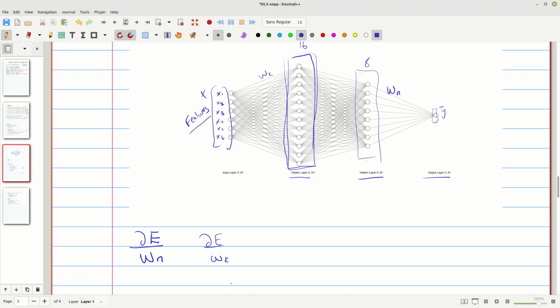The way we would update these things is to say Wn equals Wn minus alpha, some learning rate, times the derivative of the error with respect to Wn. Or Wk equals Wk minus alpha times the derivative of the error with respect to Wk. So this is something we looked at. If this is not making any sense to you, just look at the previous lecture